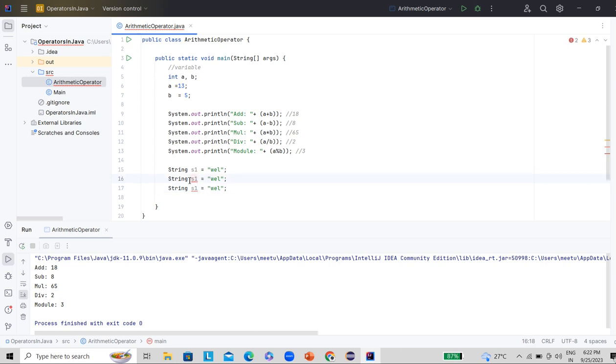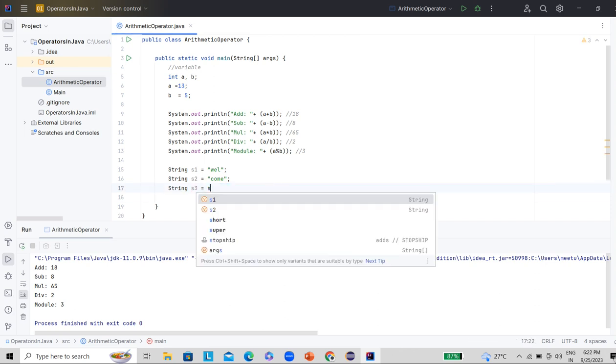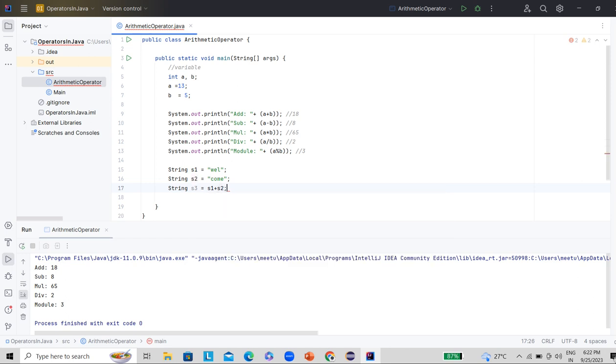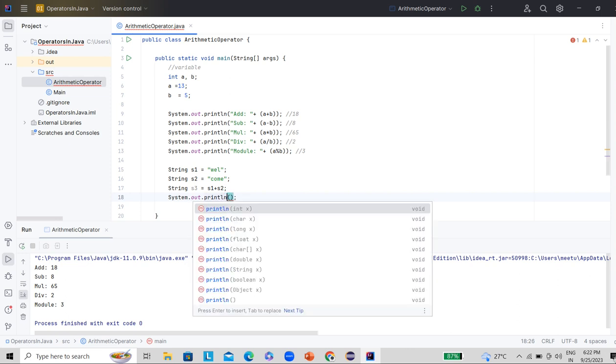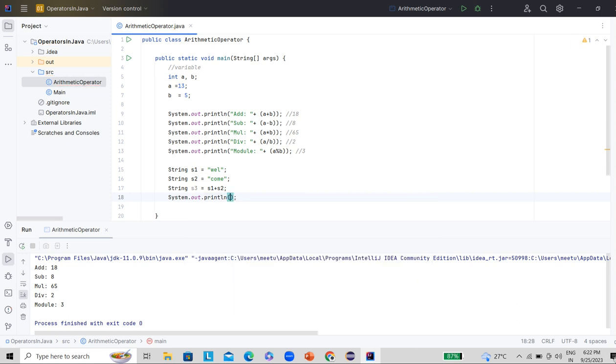Let's give the name s2 and give the value come, and let's create another variable s3 and perform this concatenation operation s1 plus s2, and then write System.out.println of s3.